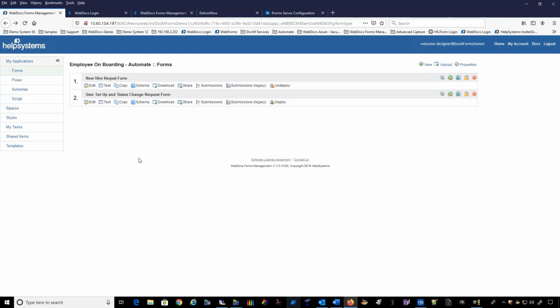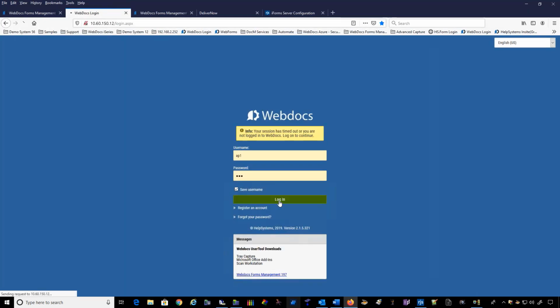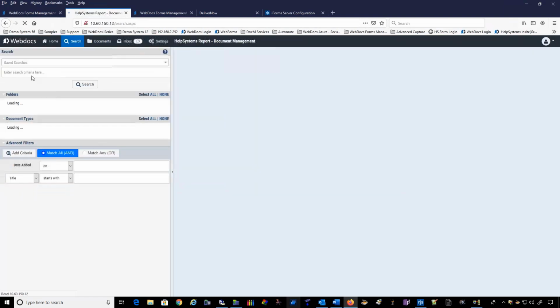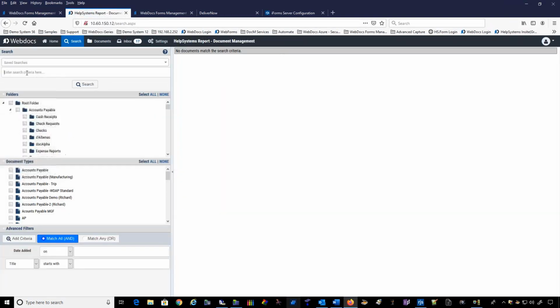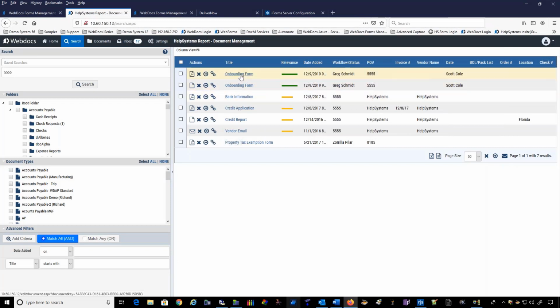Now, after the form leaves our system, there's a couple different things that the form can do, right? So we could actually just put it into a directory. We can put it into another system, but built into the Webdocs Forms Management System is our Webdocs Document Management System. So we can log in with a user ID and password to be able to get to those archived documents. So say 6 months later, I need to go and look for certain information, and I need to look for a certain employee's information. So we can actually type their employee number into the system, and then we can get to that information